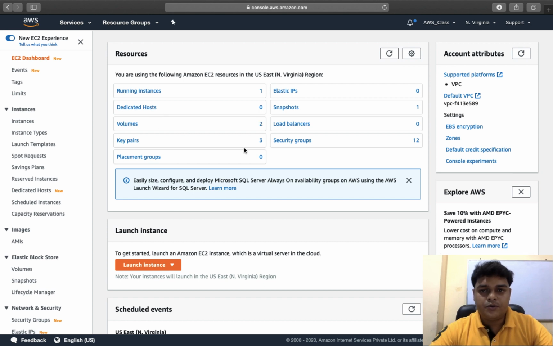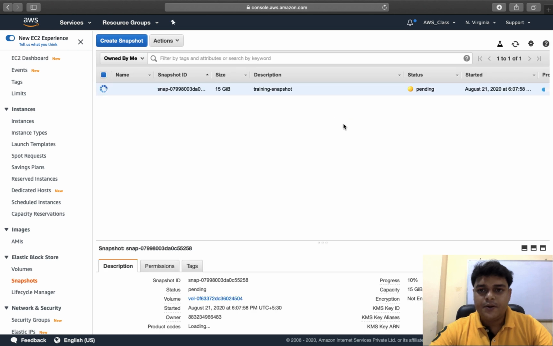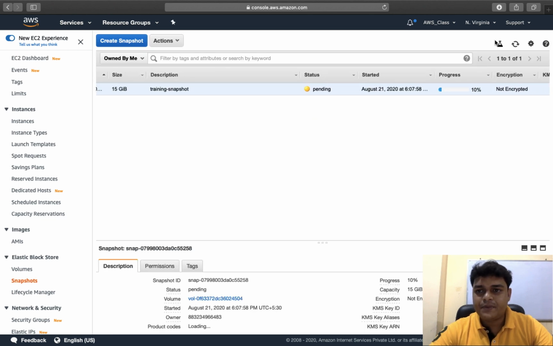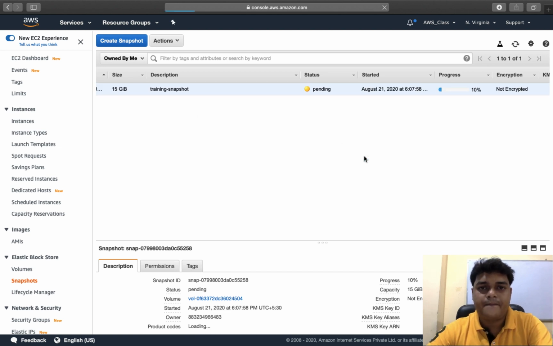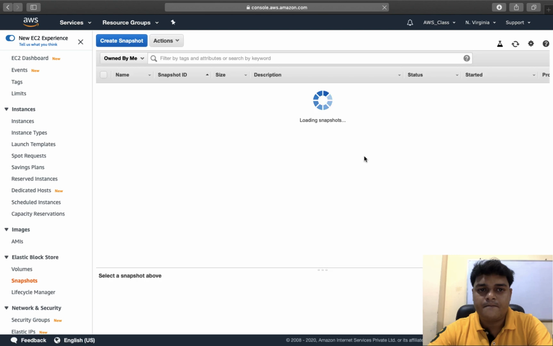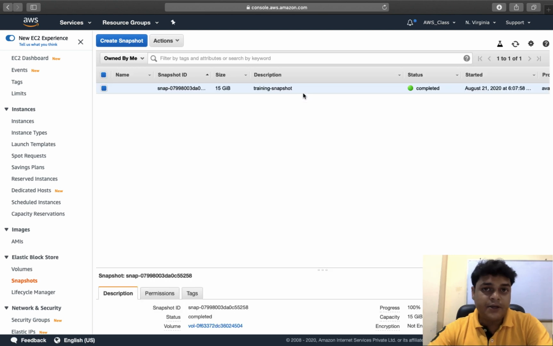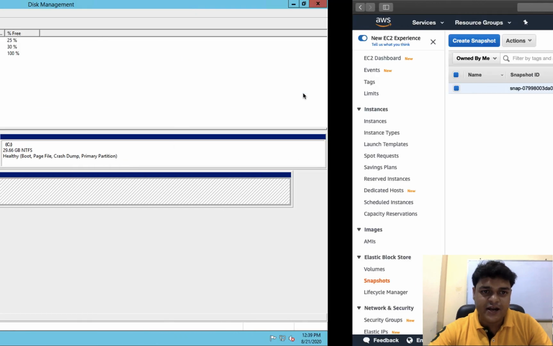Now there are two virtual disks, one is the snapshot, but it's still pending. Now it's completed, which means you have successfully created the snapshot of your existing hard drive.